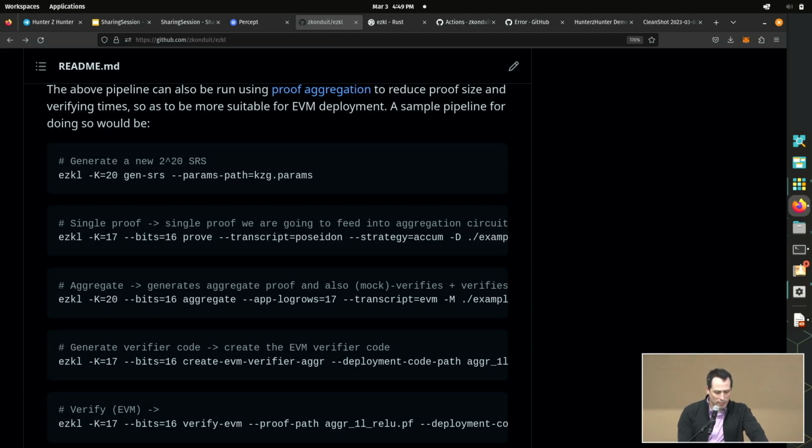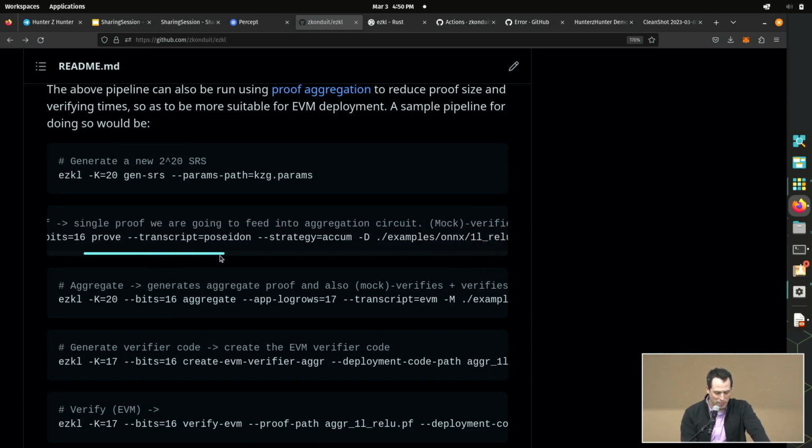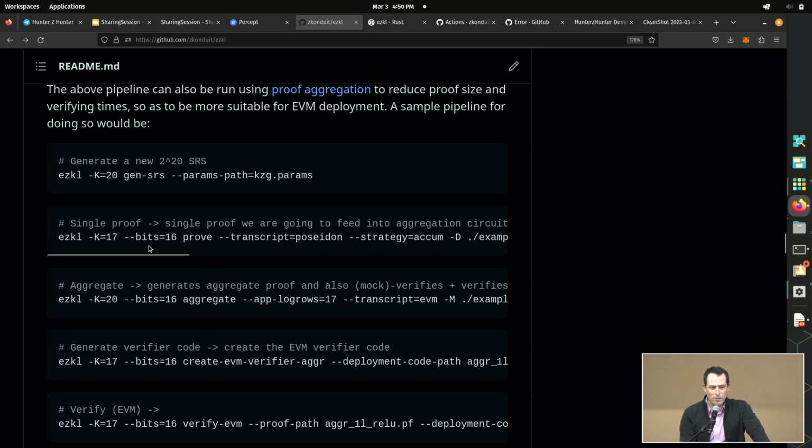Stage 1 is a single proof, which is fairly easy to create. It uses a different kind of transcript for the cryptographers. We're using a ZK-friendly hash function to construct our cryptographic sponge so that it's easy to check inside of the next proof. Then you generate an aggregate proof